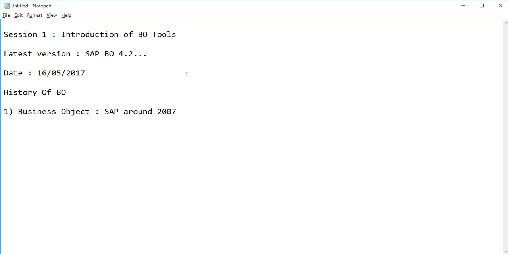So now it's an SAP product, known as SAP Business Objects, and the short form is SAP BO.